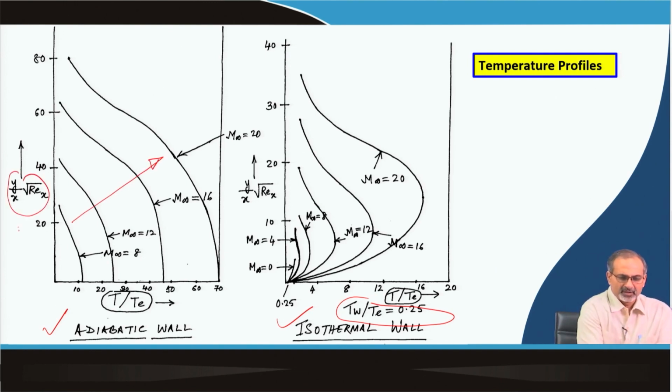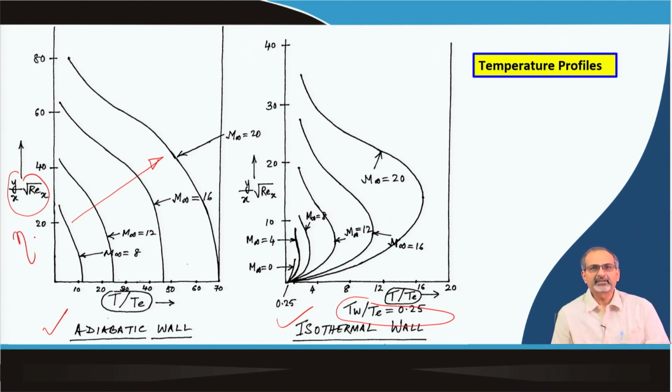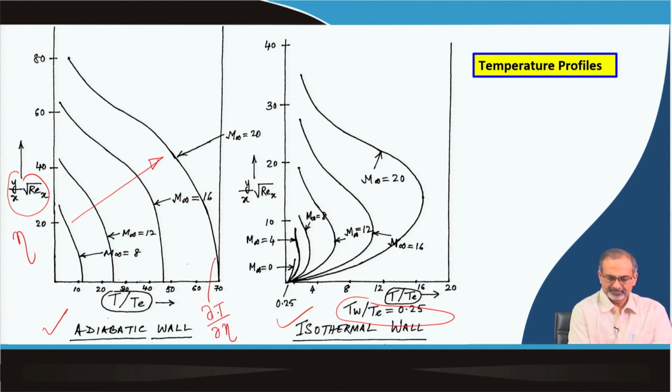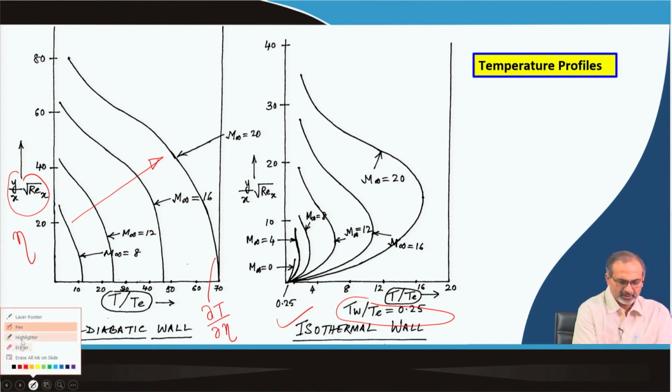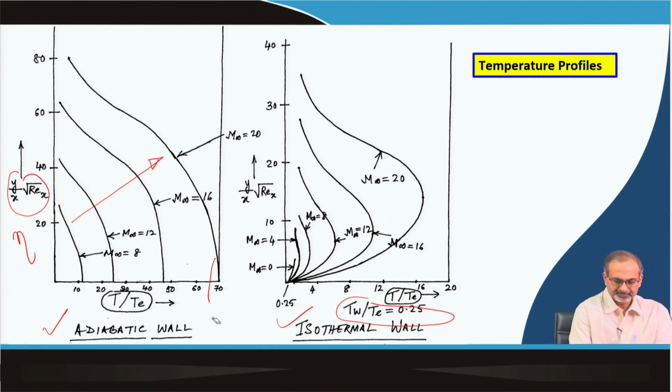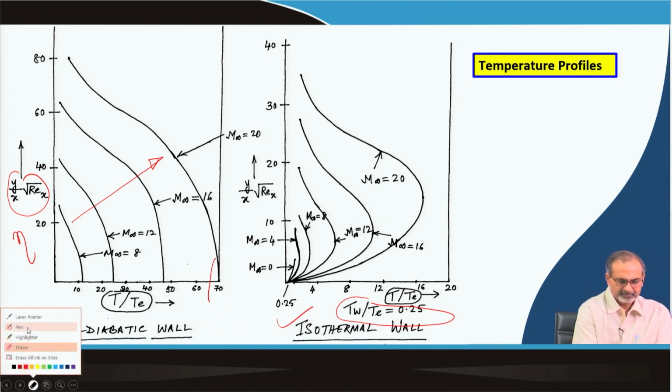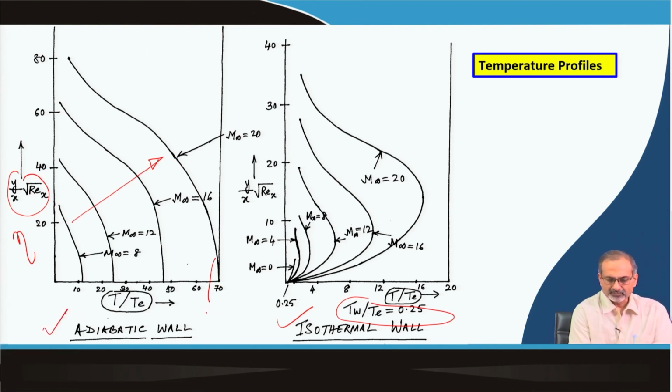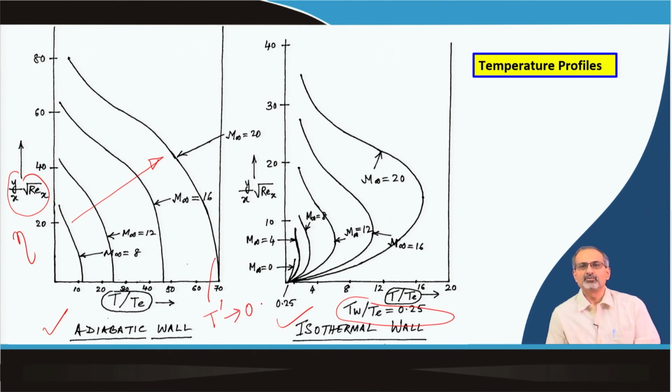Again, you have an indication of eta along the y direction in terms of y by x times under root Rex, and you see interestingly that in the adiabatic wall, as the temperature approaches the wall, of course, this would be in terms of dT/d eta, because here we are talking about ordinary derivatives, and therefore, you can call it T dash that approaches a value of 0 as you move close to the wall,